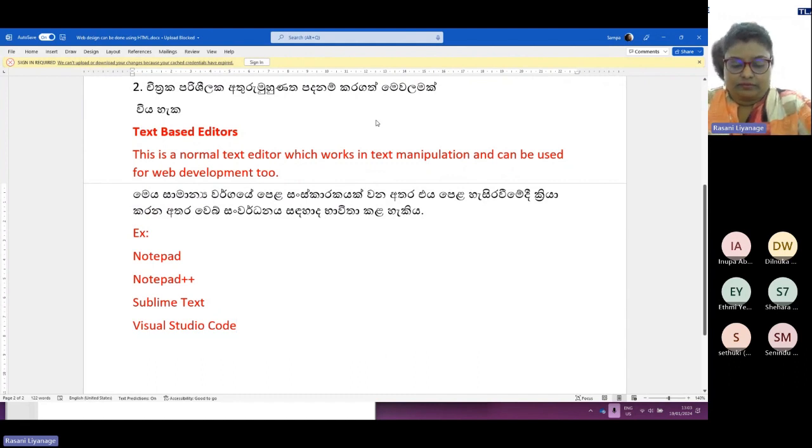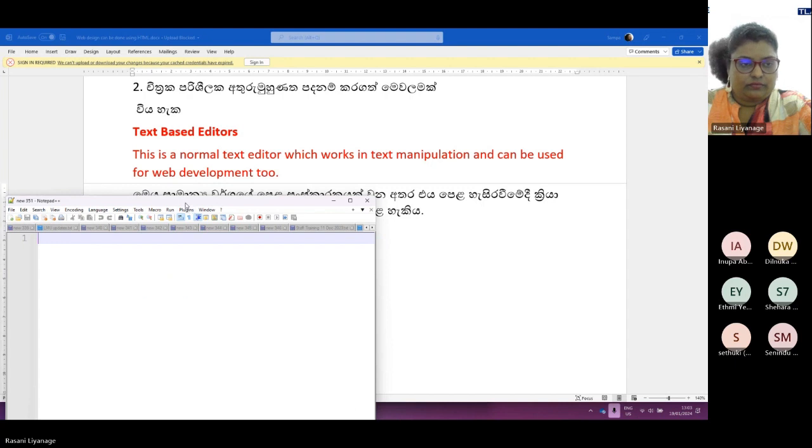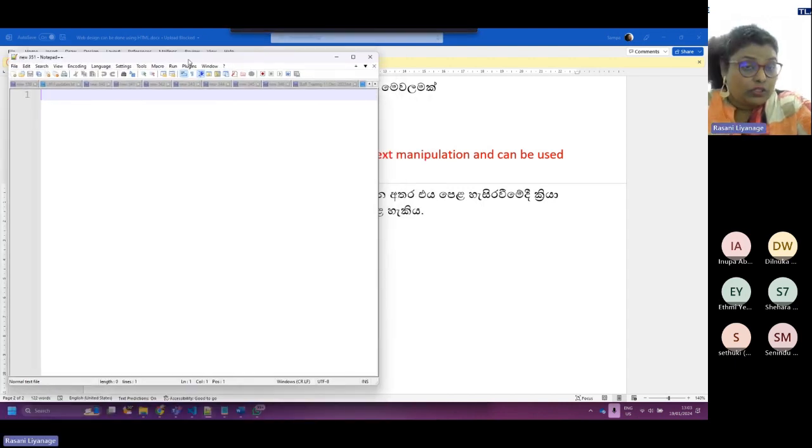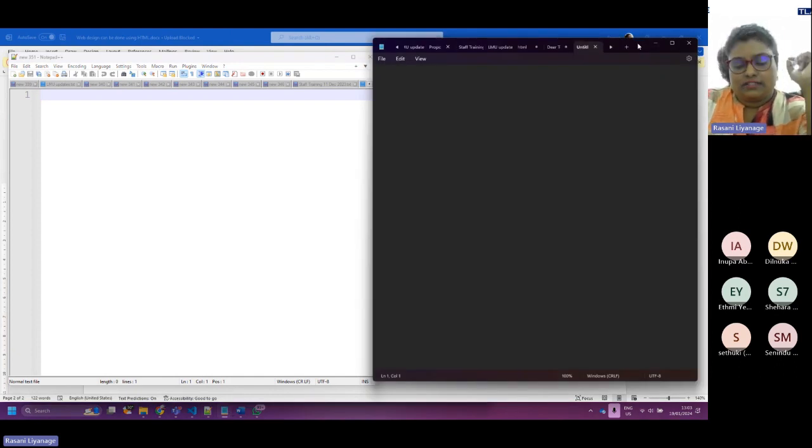Word is fine. Then this is Notepad. The preliminary version is the Notepad.